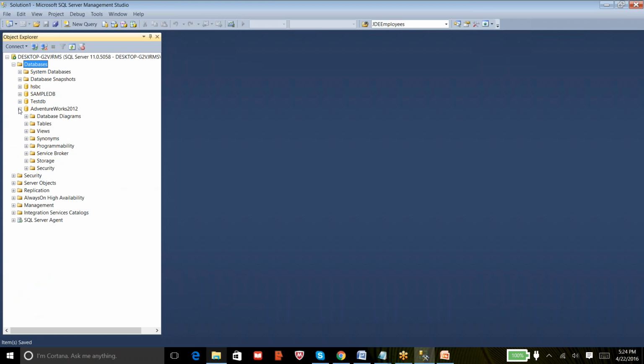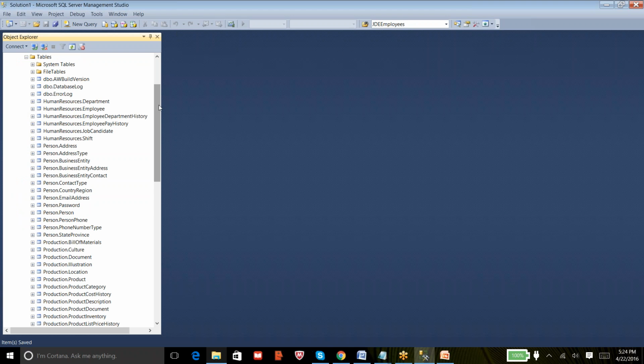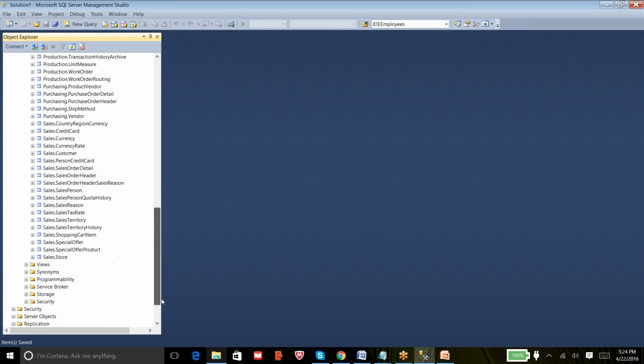So I have the database attached to this instance, and you can now open the tables and see there are n number of tables created. The DBO you can see here on top, these are schemas, and later you can see there is HumanResources. This is also a schema, and you can see Person, then Production, Purchasing, and Sales.